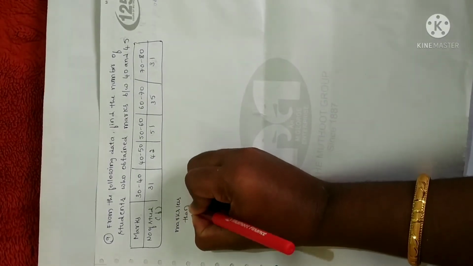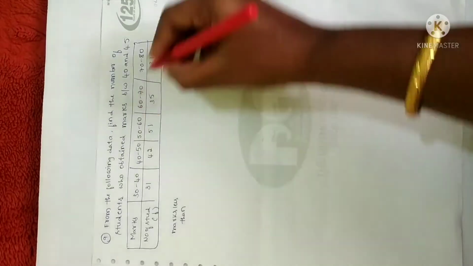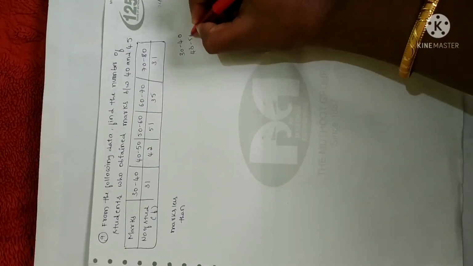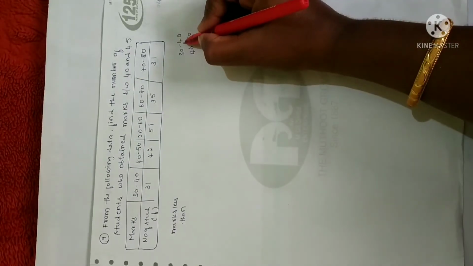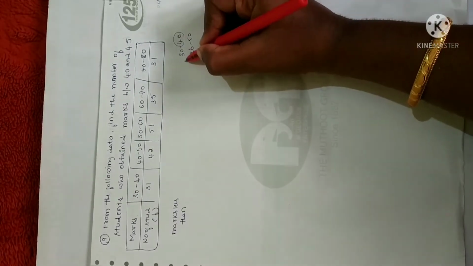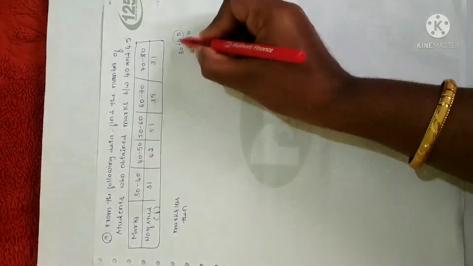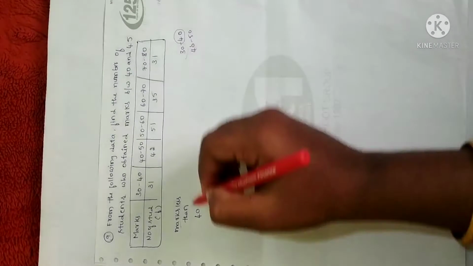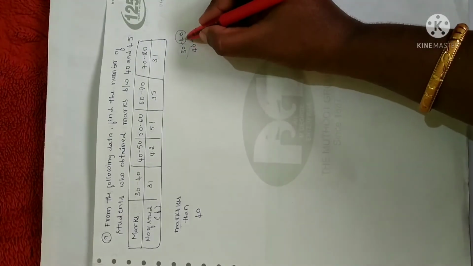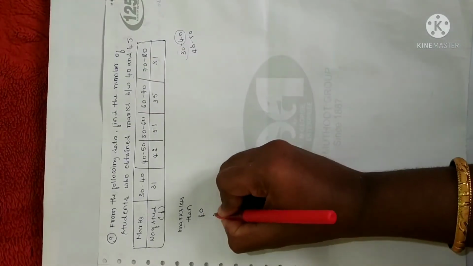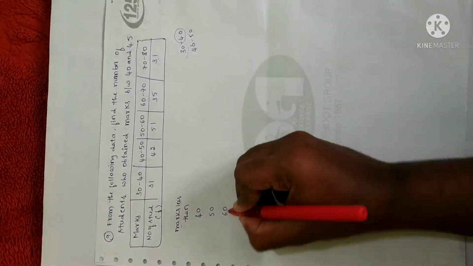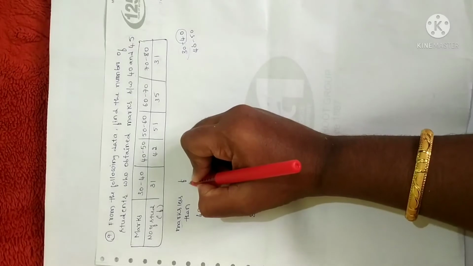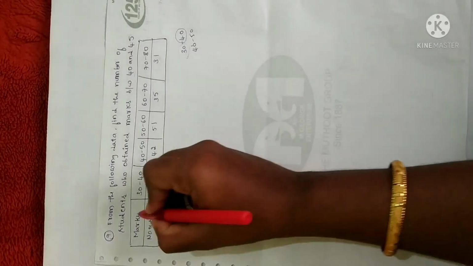Marks less than means, see, the first interval you have is 30 to 40, next 40 to 50. For 30 to 40, you construct marks less than 40. When constructing a less than table, you write 40 here. If you were constructing a greater than table, you would write 30 here. So I'm constructing the marks less than table: 40, then marks less than 50, less than 60, less than 70, less than 80. Marks less than X is none other than the X values.